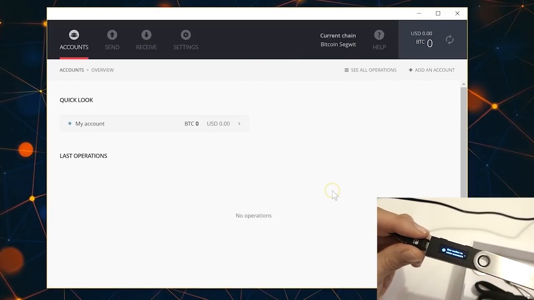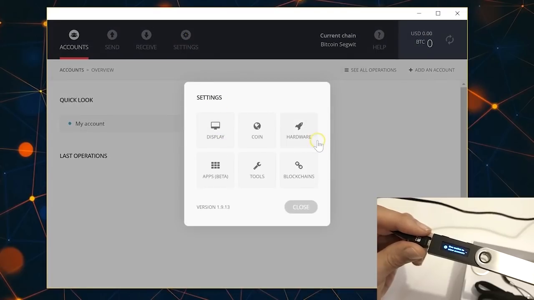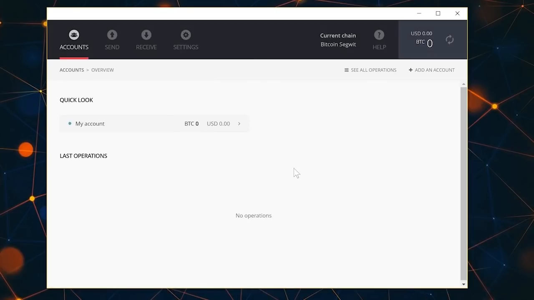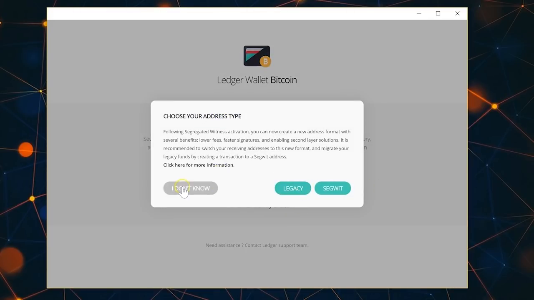And there you go. This is my brand new wallet. There's nothing in there. It's a very simple interface. I have two options, send or receive. And then of course there are the settings here. You can go through these settings, but pretty much everything is all set for you, so you don't really have to do anything manually. If you want to switch to a different chain, for instance, to Bitcoin Cash, this is the button that you need to press. And again,